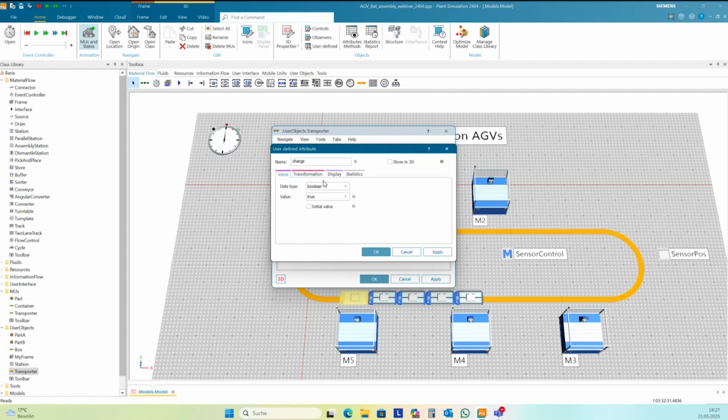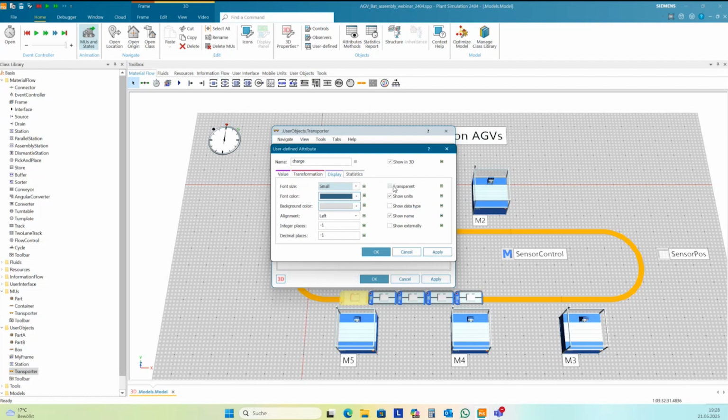I want to show the percentage of charge in relation to 100%. This is a real number. And here's one option, show in 3D. I activate this, and here's a display.